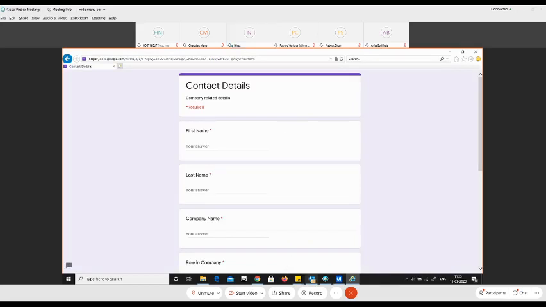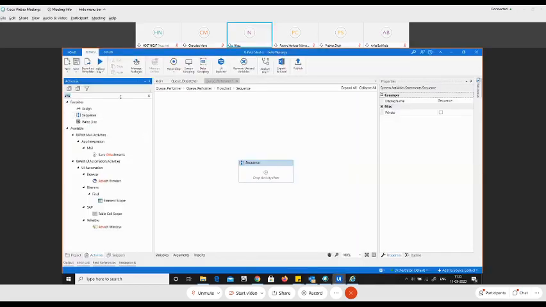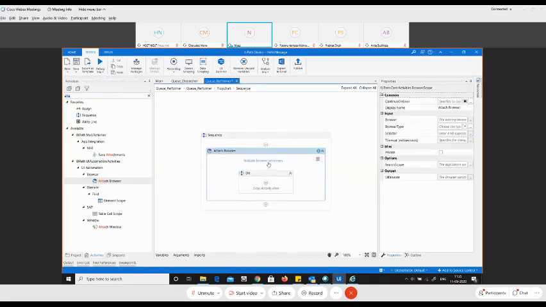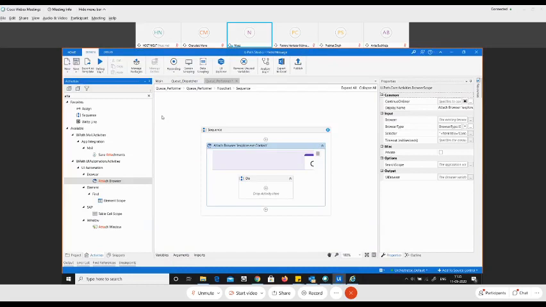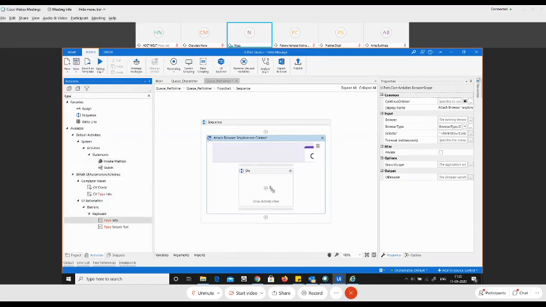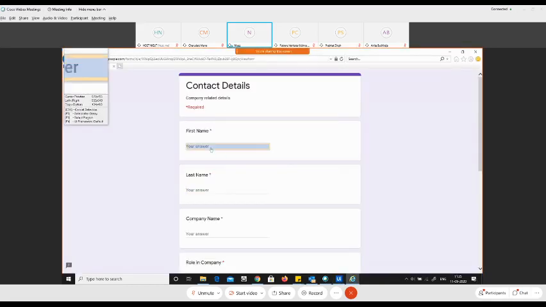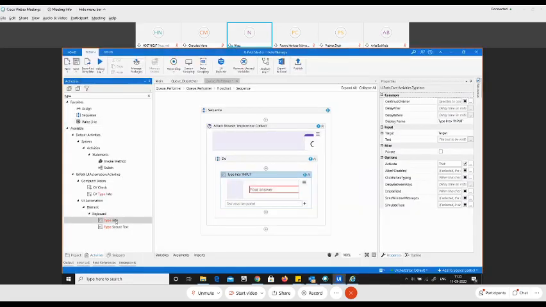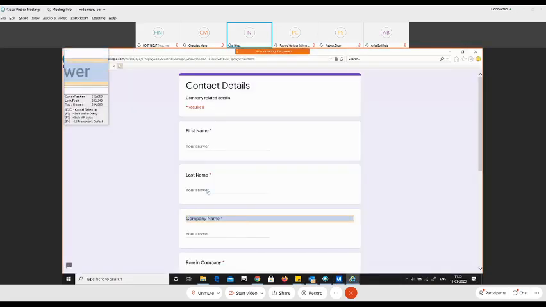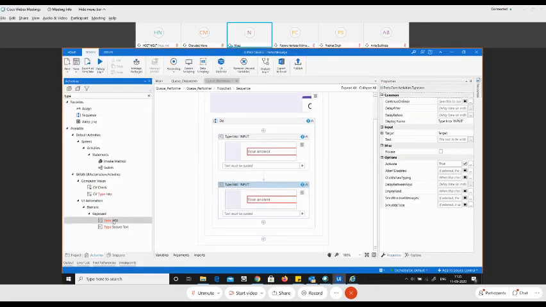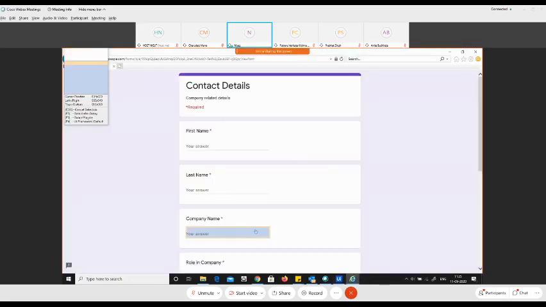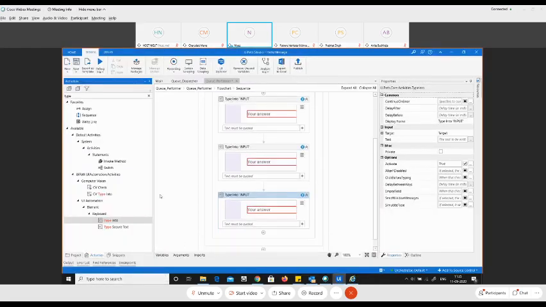Okay, done. So let us go ahead and instead of saying opening, I'll say attach the browser. That makes sense. And I'm going to attach this browser. And then we will use a type into activity. So I'll use the first type into activity and I'll drag here and I'll say where do I need to type? I need to type the first name. I'll use then another type into activity and over here I'll say this is the last name. And since we did only for 3 values, I'm going to use another type into activity for company name. So this is done.